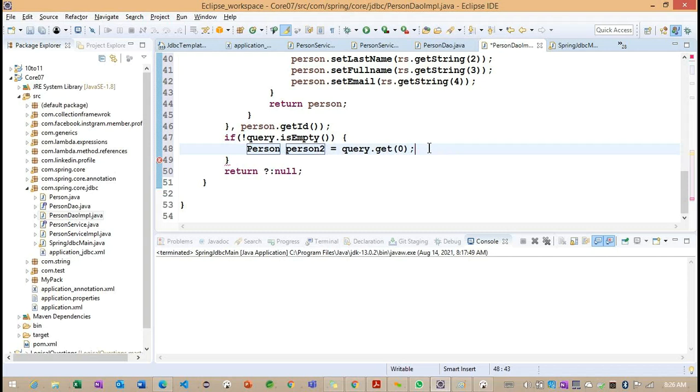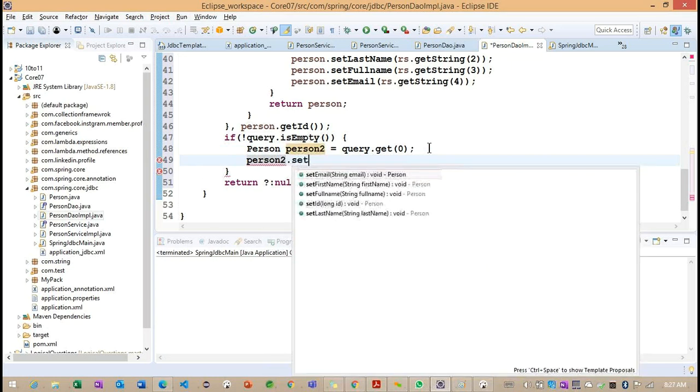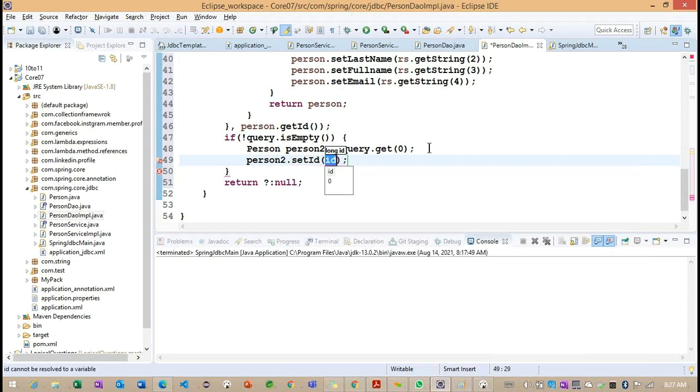So this is the information we are going to get from the ID, and we need to update the information. So ID we need to change here.